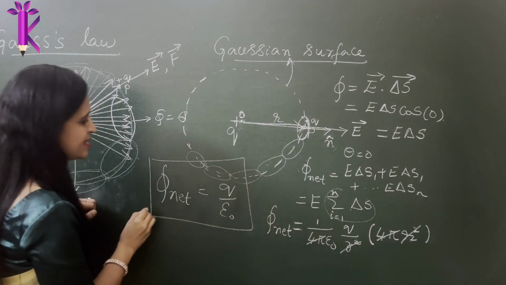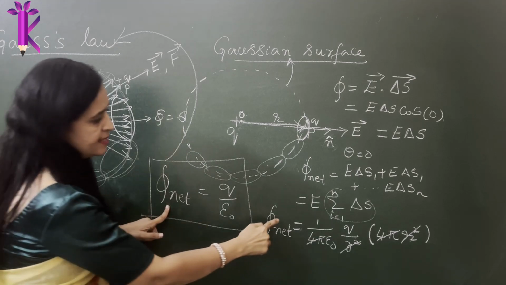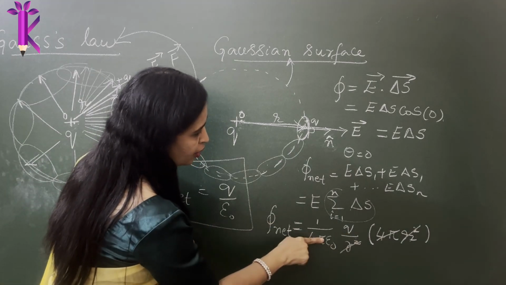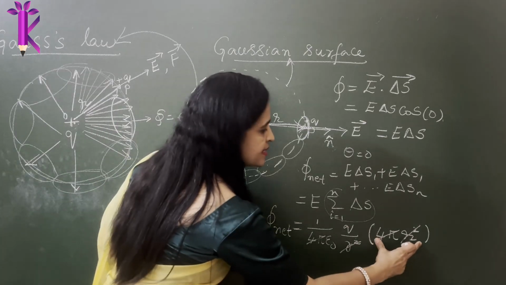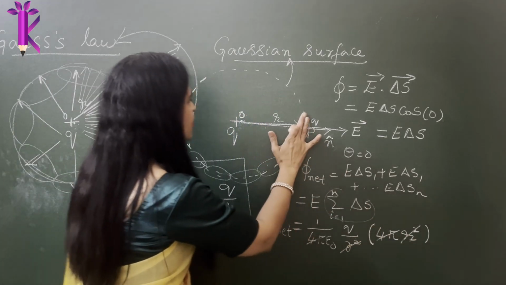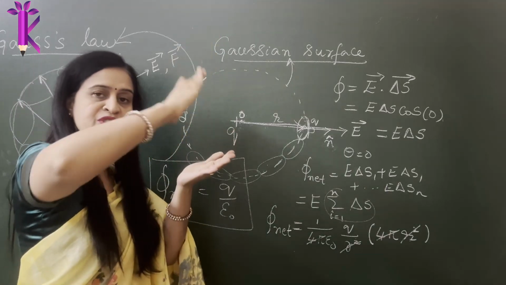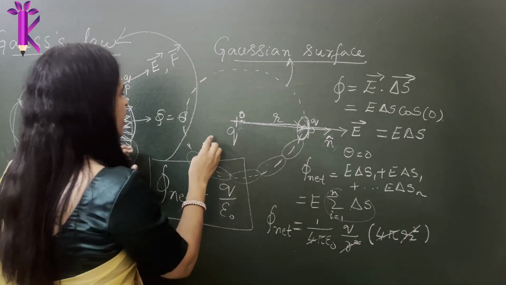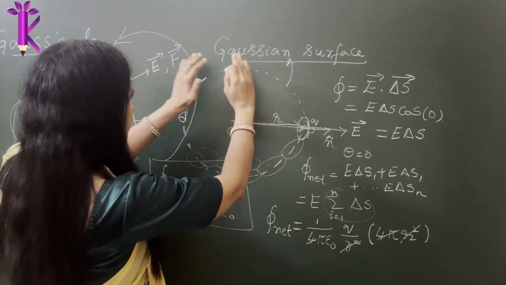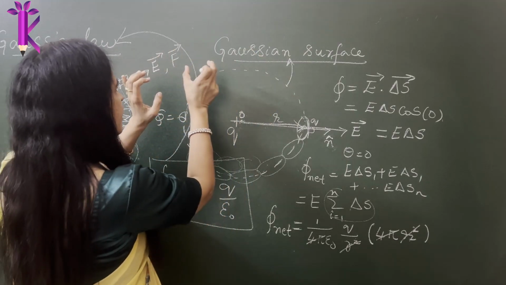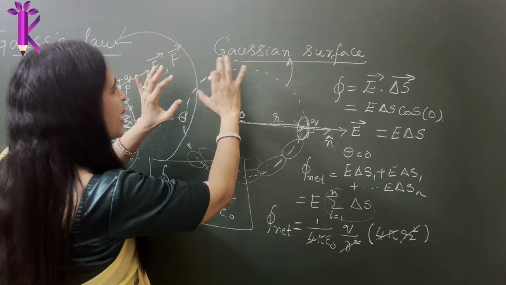So here comes the statement of Gauss law. This is the expression of Gauss law: the flux is Q by epsilon naught. 4 pi got cancelled, r square got cancelled. How did you get this 4 pi r square? You are taking the surface area, because you are dividing the entire spherical shell into equal tiny small areas. There will be other small areas as well, because if this is coming out of the board, I am assuming a small cross-sectional area here, and I am adding all those areas.